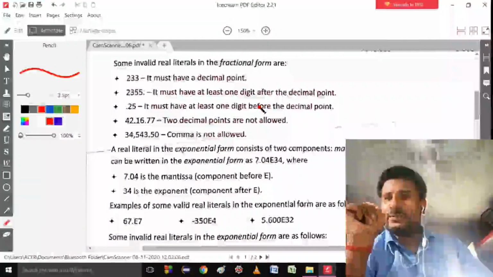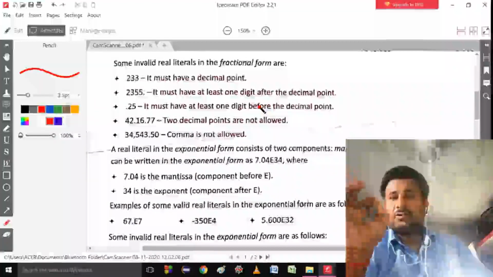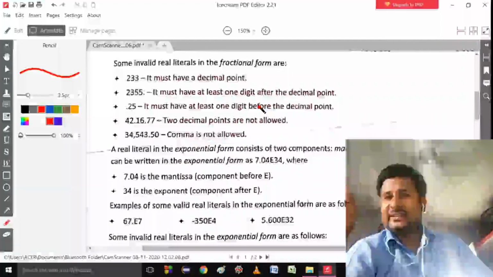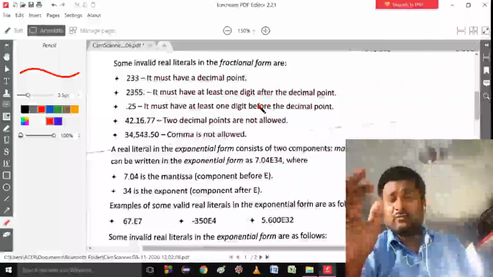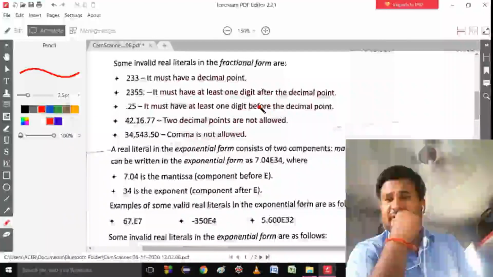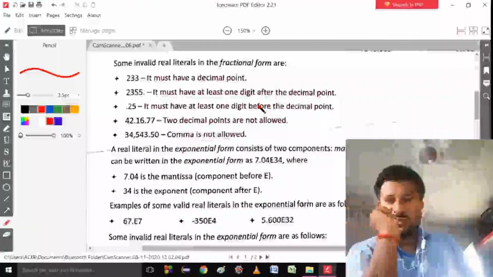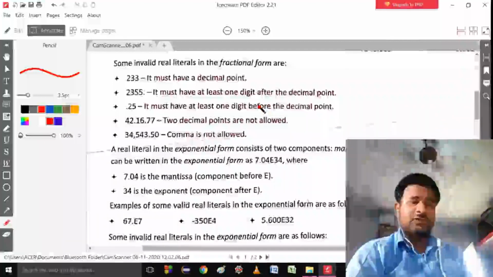The E stands for exponent. So 1.23 is called the mantissa and the power of 10 is called the exponent. So you represent 123 as 1.23 e 02, because you are shifting two places.